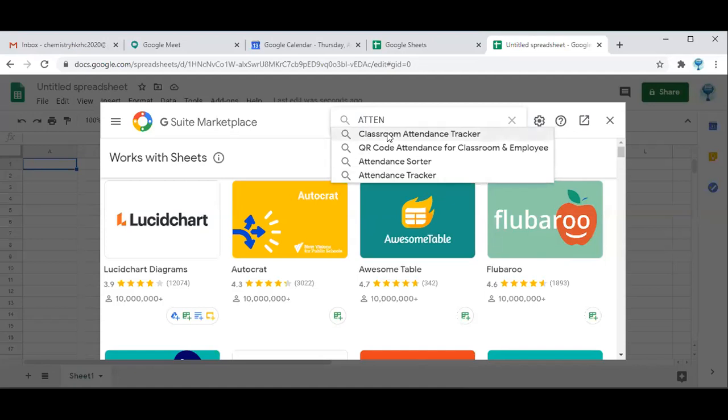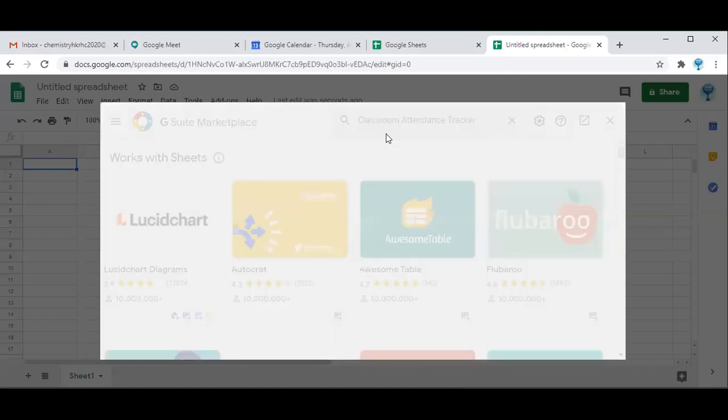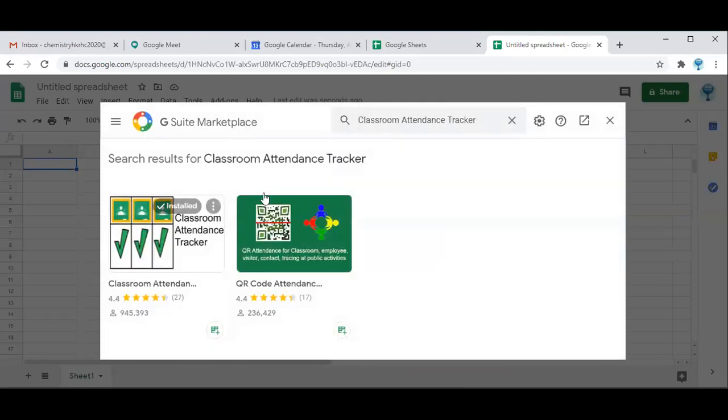So now I am going to click Classroom Attendance Tracker. After clicking on that, automatically the Classroom Attendance Tracker will be installed. By clicking on this app, it will get installed after selecting the mail ID and allowing the app to access your account.